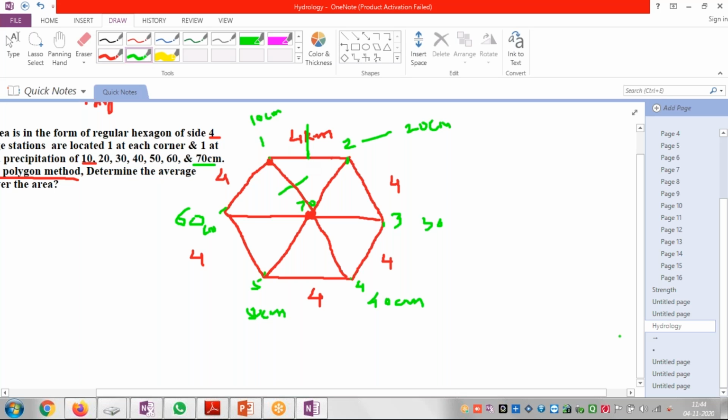Now, this perpendicular bisector will also come exactly at the center. Similarly, for the second and seventh sides, I will mark one more perpendicular bisector, and it will come into this triangle, right? Similarly, I will mark a perpendicular bisector here and it will join here. Similarly, I will mark perpendicular bisectors here and here also,